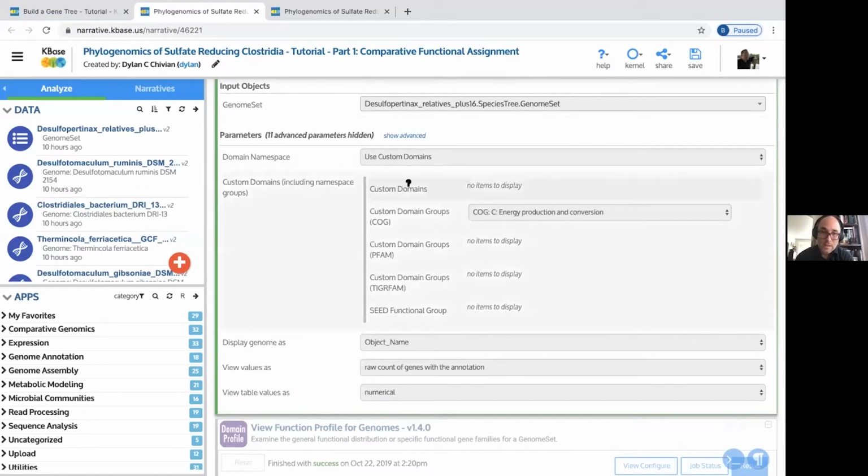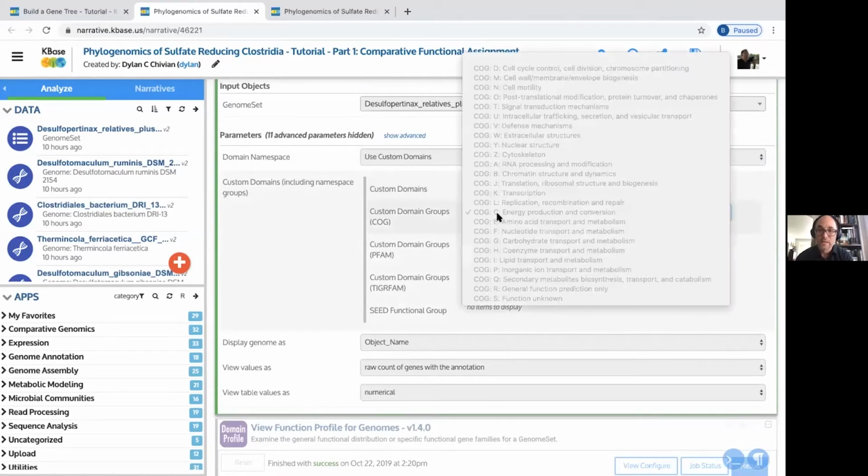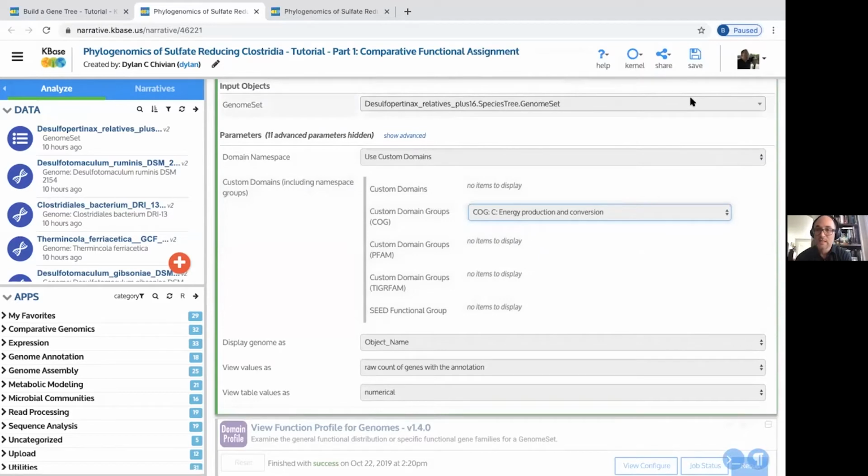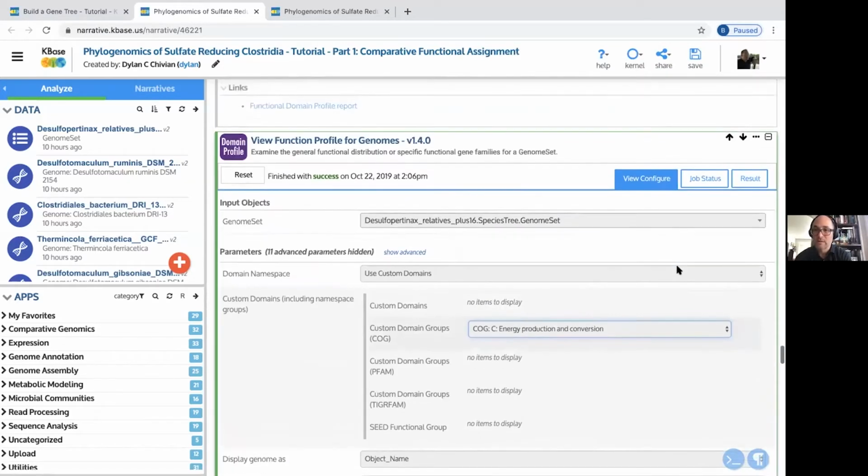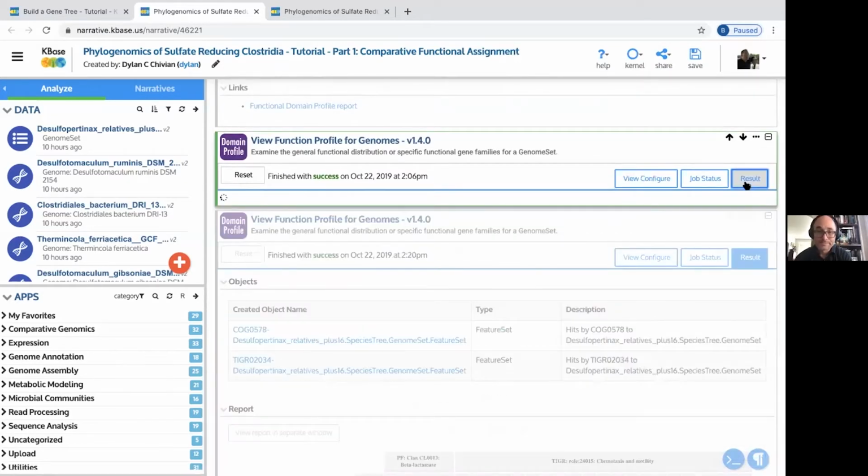And if you click on the option here to do that, you'll wind up being able to either explicitly name a COG or other gene family, or we can go for the subcategory C, and it's going to expand out the hits. In this case, I'm showing the raw count instead of the heat map. And so